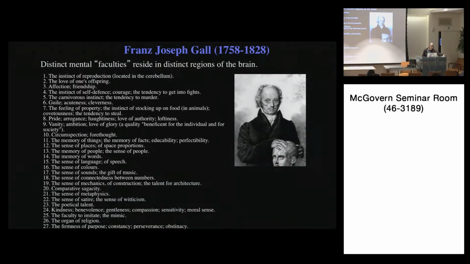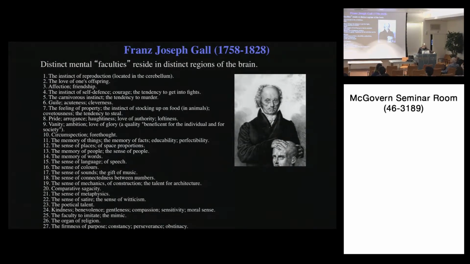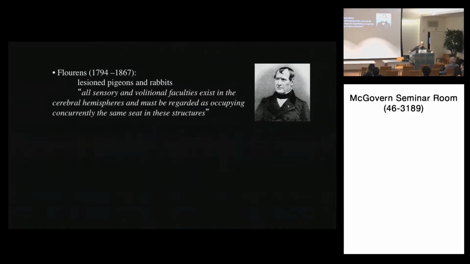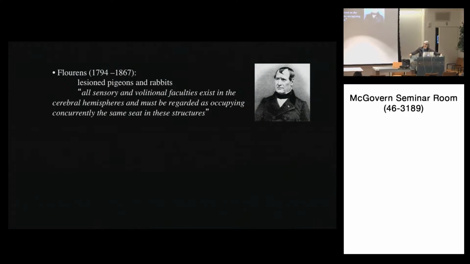Maybe. Anyway, from this he came up with 27 mental faculties. My favorites are amativeness, filial piety, and veneration. Needless to say, we don't think these things are localized in particular regions of the brain today. And this was kind of a fringe view at the time, and certainly a fringe method. And at the time, he was much maligned by other scientists of the day, like Flourens,